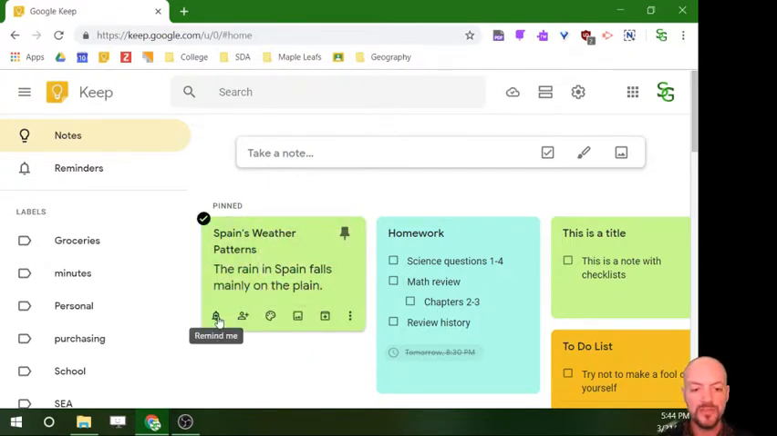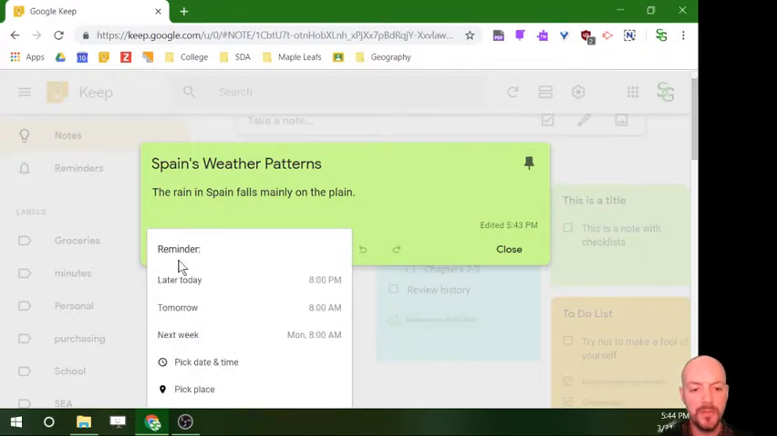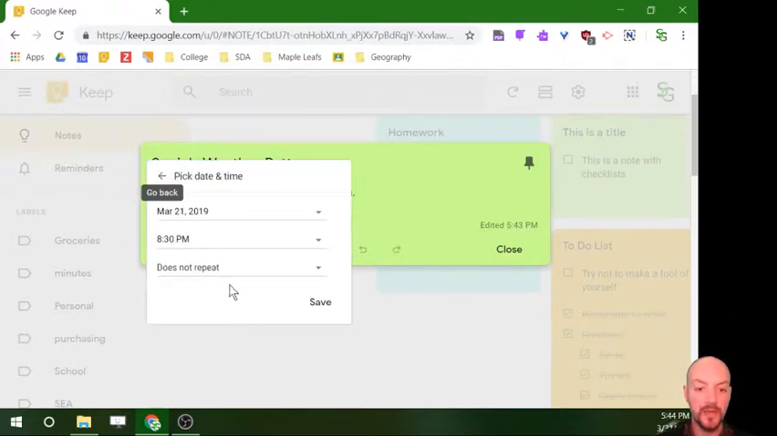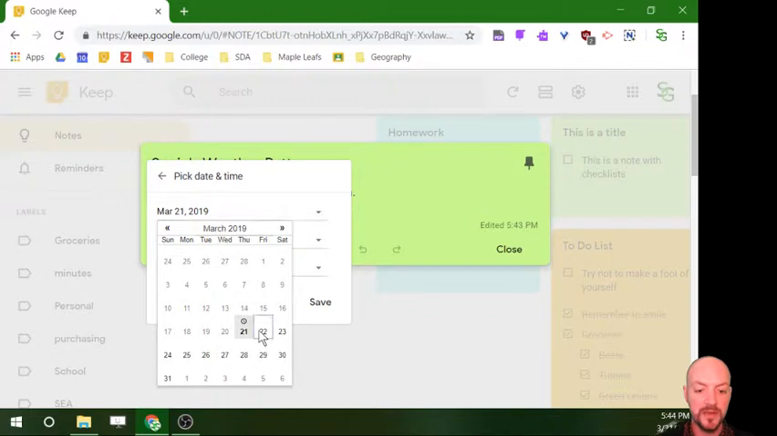The other options you see underneath here, let's go into the full note so you can see them a little better. The bottom left one is Remind Me. If I click on Remind Me, it automatically gives me some times that I could choose to set for reminders. It gives me pre-made times, and then I can also pick a date and a time that I want to. Now, the really nice thing about this is, like I said, once you set these reminders,